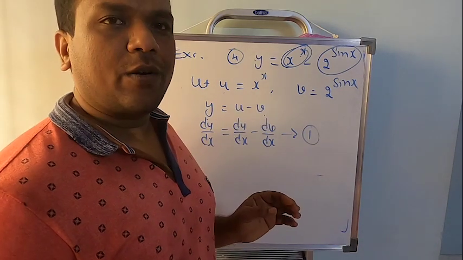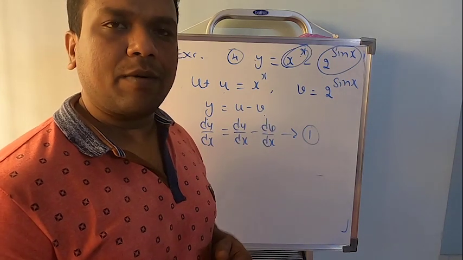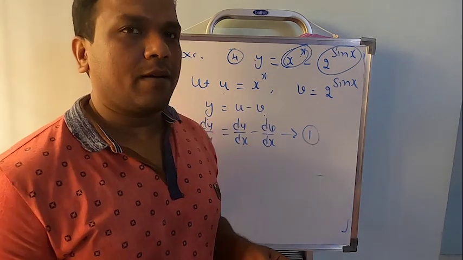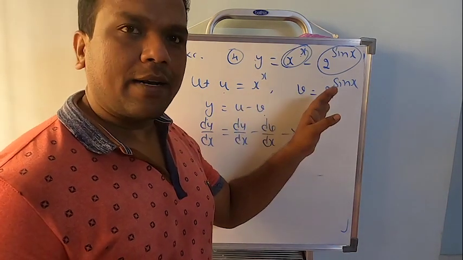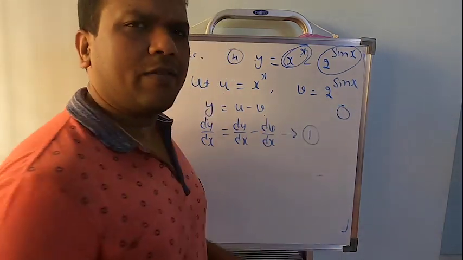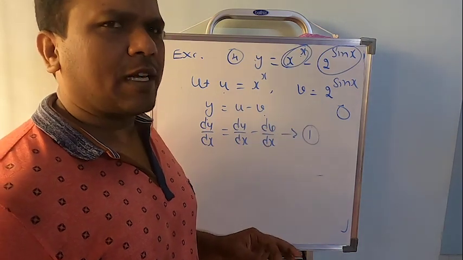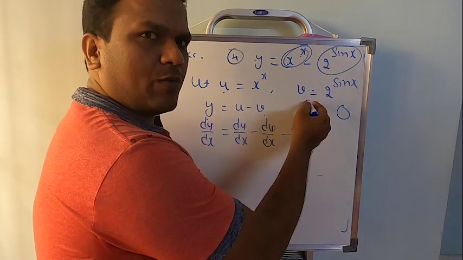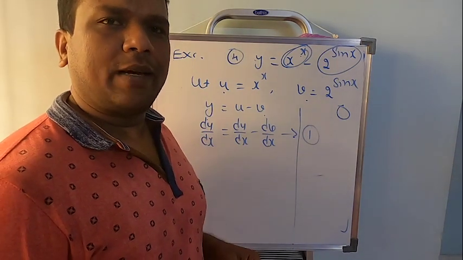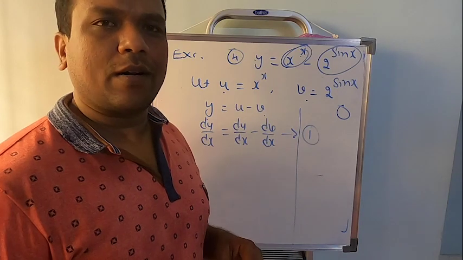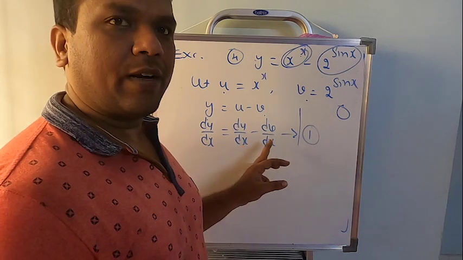This is the procedure you need to adopt. See what happens: once this problem is given in an examination, the paper corrector or evaluator will not see each and everything. Just like the previous one I explained, if you apply log directly, then you will get zero, you will see nothing else. But if you start by calling u and v, the evaluator, once they see you have started with this, will never look at anything apart from this. You will get the marks. So the beginning is quite important. My aim is to find du by dx and dv by dx.